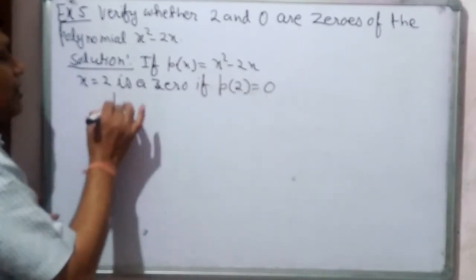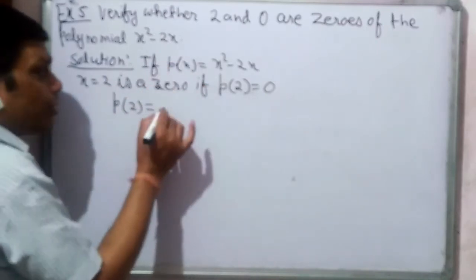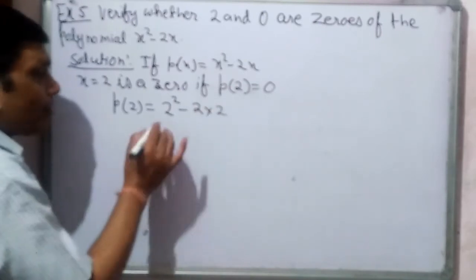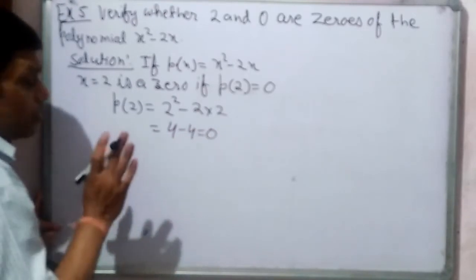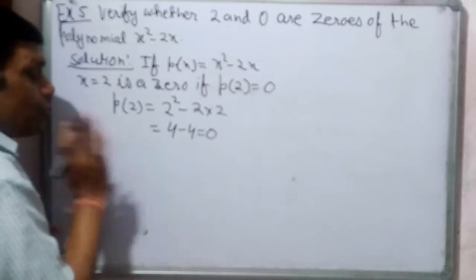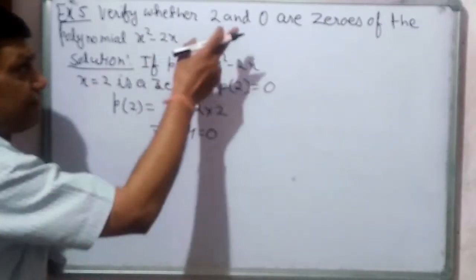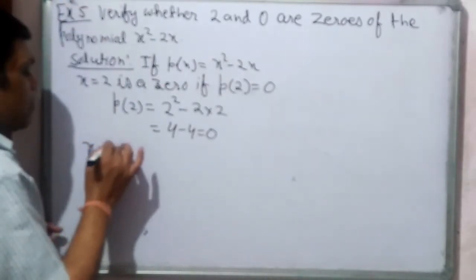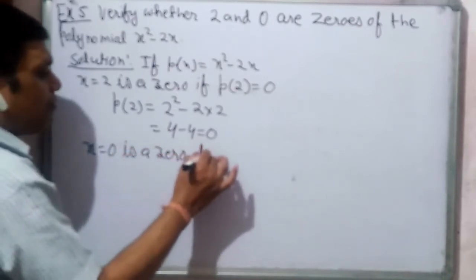So what we'll do? We'll find out polynomial's value at 2. It should be 2 square minus 2 multiplied 2. What will that give us? 4 minus 4. That is 0. What we can say? We can say that p(2) is 0. Therefore, x equals 2 is a 0. Let us confirm for 0 also. Right? So what we say, x equals 0 is a 0 of p(x)